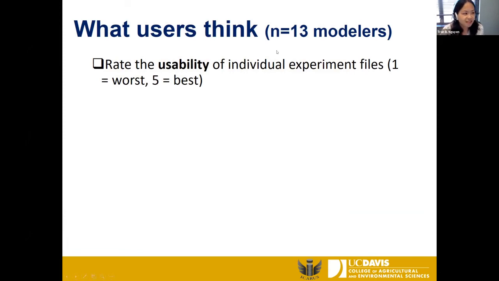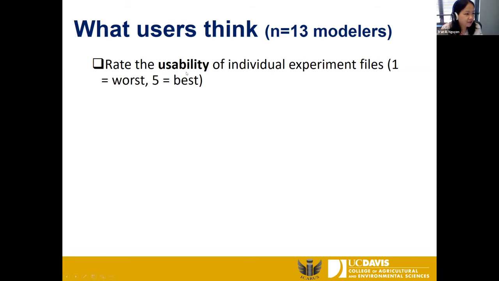So what we did after we started the development is we sent it out to a group of modelers to review and see how we're doing, and see if the way that we're presenting the data and the way that we're making it available is going to work for them, because mainly the modelers are our user group, right? So we have about 13 modelers who did an in-depth review using mechanisms like MCM, Gecko-A, Foam, Gamma.